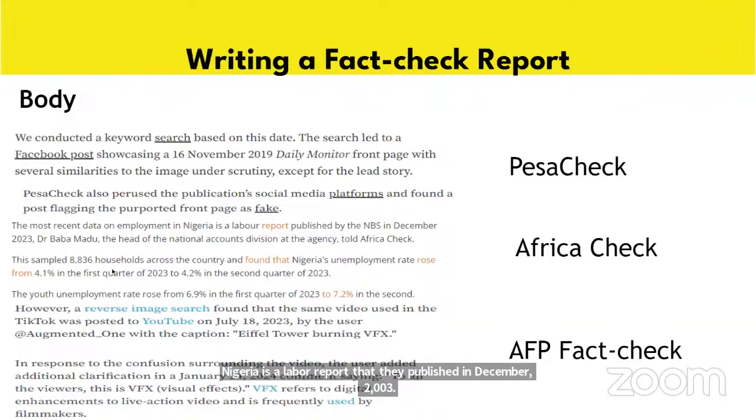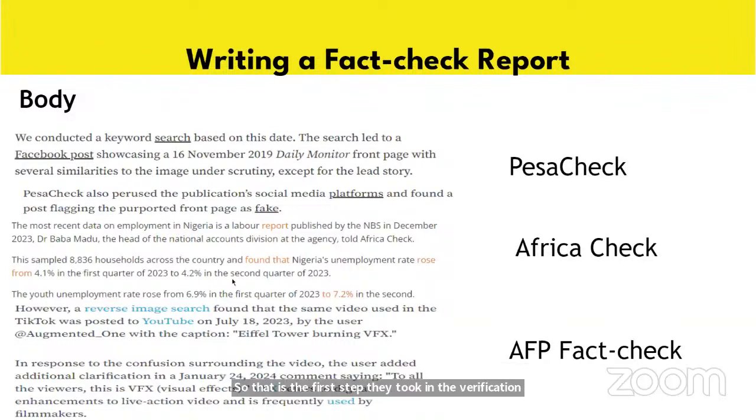So the next thing was, now Africa Check read through the report, and they found that the report sampled 8,800 households across the country, and found that